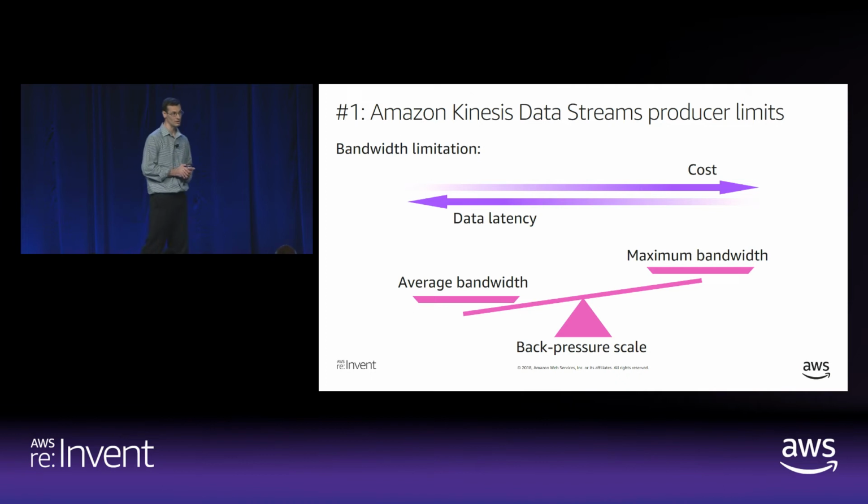Now, dealing with back pressure is actually pretty difficult and expensive. So you have to consider the whole picture when you're looking at the cost. And so I would strongly advise you to look at the maximum bandwidth for the period of time that you're dealing with. Whatever bandwidth you use, you need to deal with back pressure because you can always have a new usage that goes over your historical maximum. So you have to deal with that. If you don't, guess what happens? You get exceptions, right? And you're most likely to lose data.